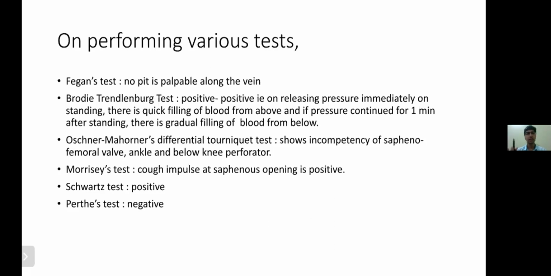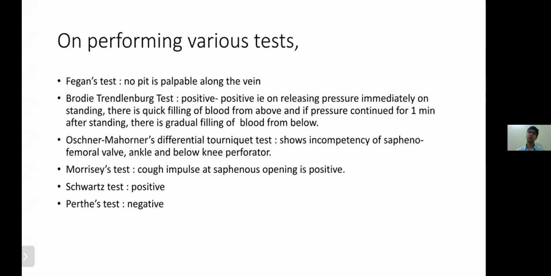If someone asks whether you did the tests, you can easily say that the tests are unnecessary because duplex is an extension of clinical examination, and it is uncomfortable for the patient to do those tests. So these tests are nowadays avoided, but these are exactly the wordings you have to use if you do not want to do those tests, or else do the tests. I had the same case in my examination. I did not do any of these tests, and neither did the examiner tell me anything. So this is how you get away from it.